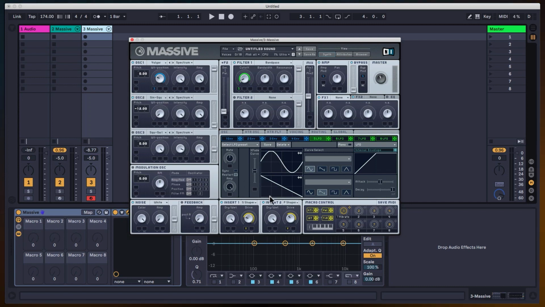And one of the things that you'll probably notice with this is that you'll say, that's interesting, I see two waveforms. I see a sine wave and I see a sawtooth wave. Why is that? Well, that's because we can utilize multiple waveforms per LFO. So they can either work simultaneously together, modulating the signal, or they can work independently of each other and we hear one or the other. So we have this crossfade curve that's going to allow us to dictate which modulation signal is being fed into the destination. So if I play this back,